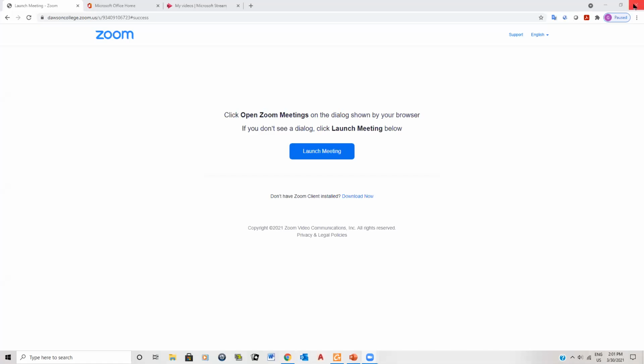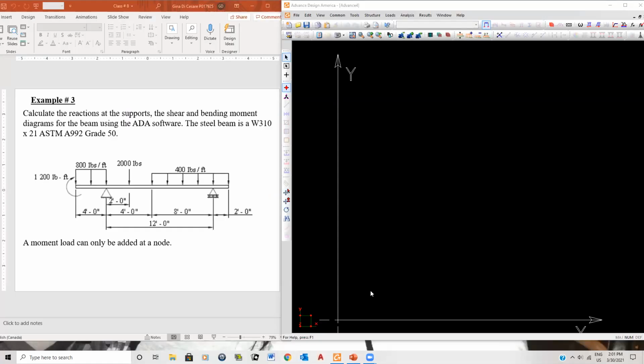And so, screen share, this always pops up. Okay, so what we did is that we finished two examples, and here I'm giving you different examples so you can appreciate what you need to do with ADA in order for you to be able to do it properly and have the program do the analysis for you properly. Now I just want to hold on,